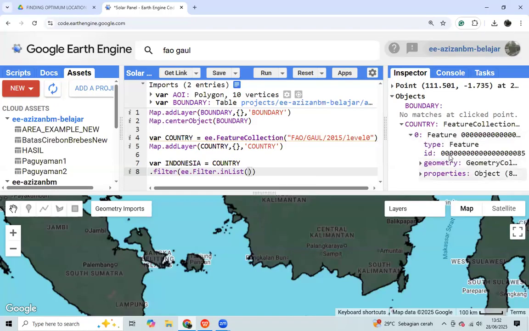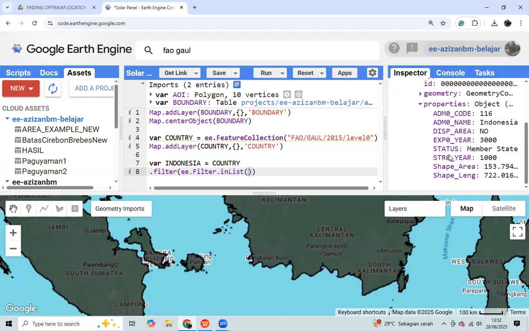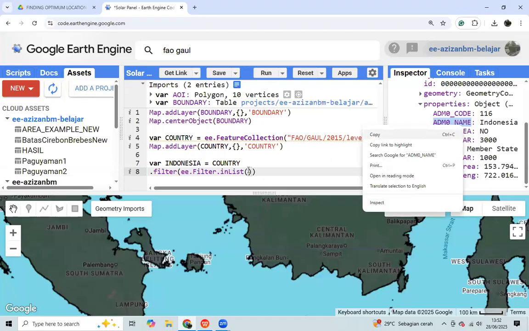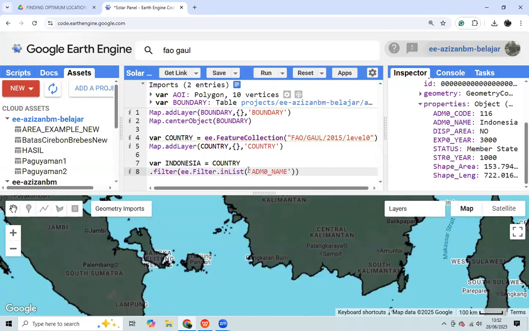We filter from the list administrative name, copy and we paste, and we specify the name.